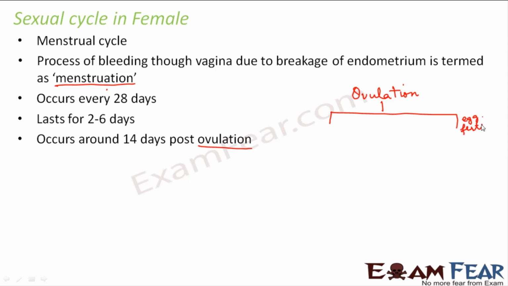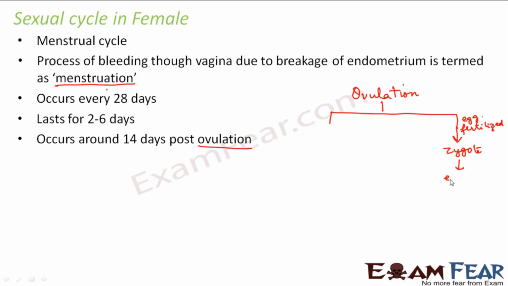That means a sperm comes and fertilizes the egg within 24 hours, because that egg will be alive for 24 hours. Now what will happen if the egg gets fertilized? Zygote will be formed. After that, what will happen? In another 4 to 5 days, the zygote will undergo repeated divisions by which it will form an embryo, and